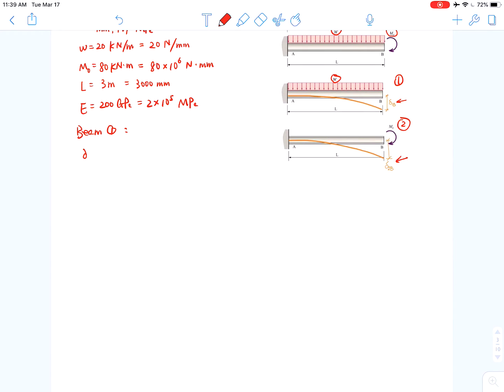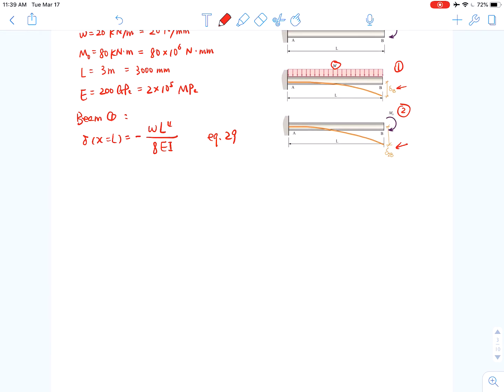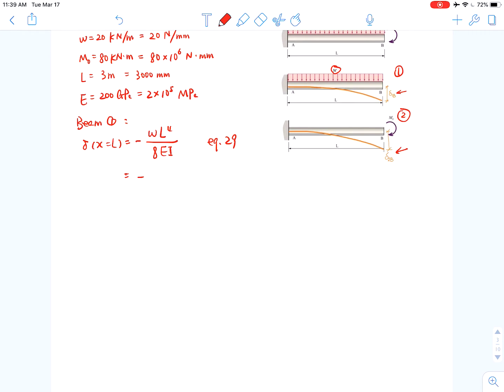Okay, here the delta at x equals L equals negative WL to the fourth over 8 EI. Then this is based on equation 29. Okay, so we can use these numbers to get the results. We get a negative 20 by 3000 to the 4th over 8 by 2 times 10 to the 5th by